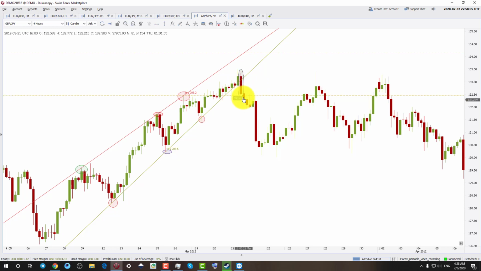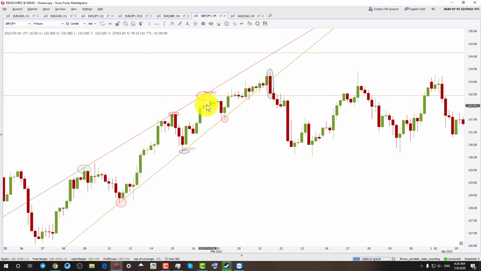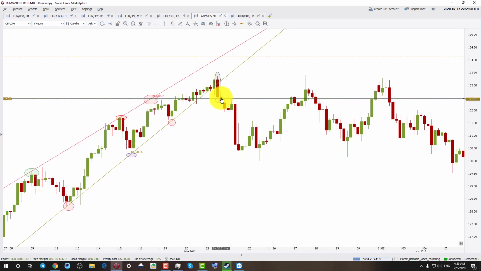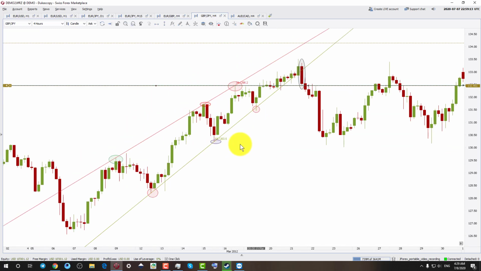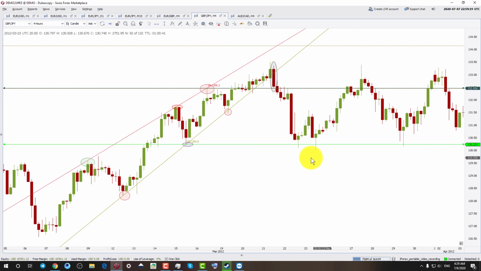After the break, you can see that the price never went to retest this line as resistance. In fact, it tested this previous high. This was the previous high. Okay, this high was only tested as the resistance after breakout, and now you see how the previous support acted as a support again for this market.